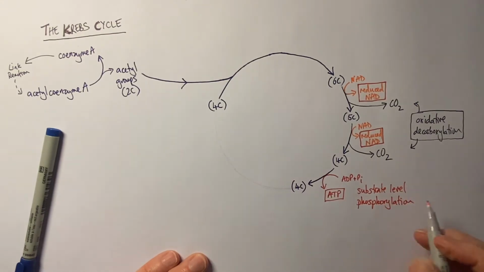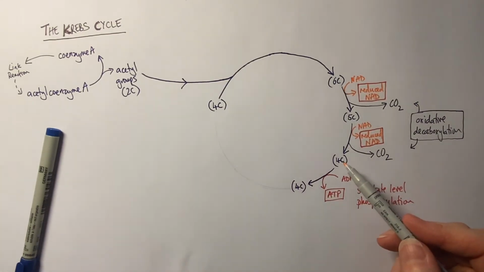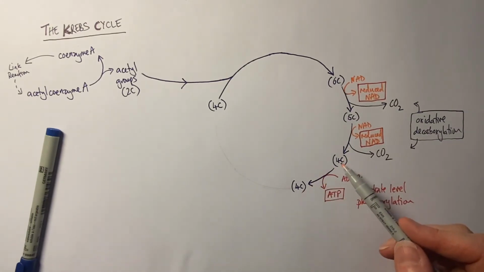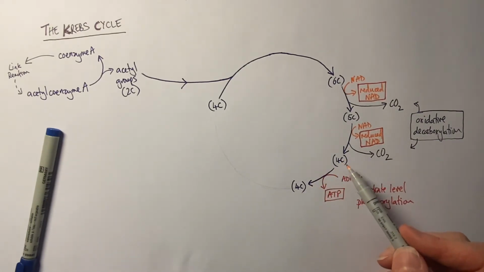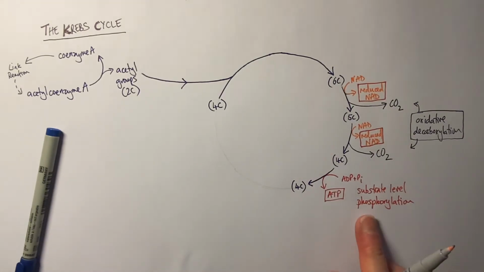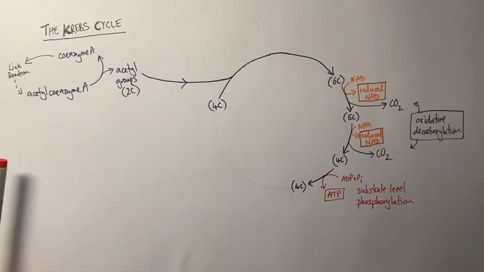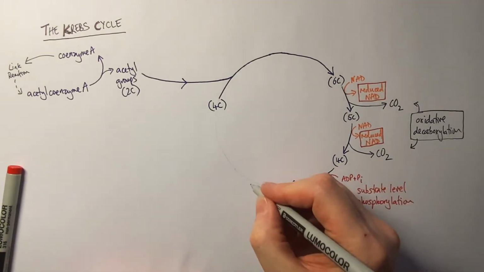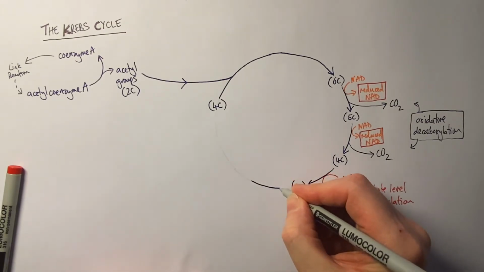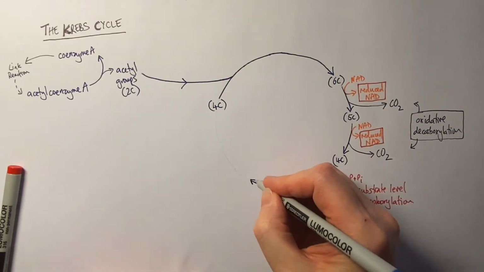Substrate level just means at the point of these molecules reacting and turning from one into another, as opposed to the process that we'll look at in the next lesson. So I'll come back to this in the next lesson. We end up with a 4-carbon compound again, and then that is converted into another